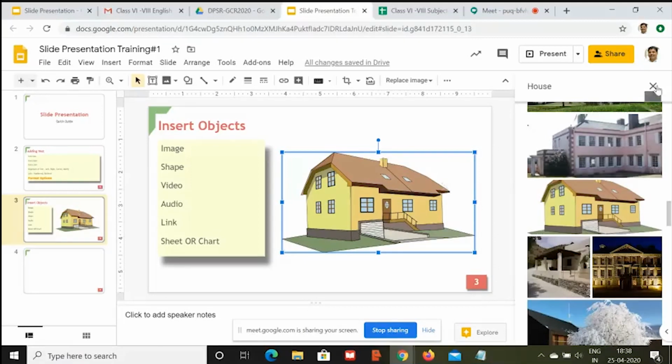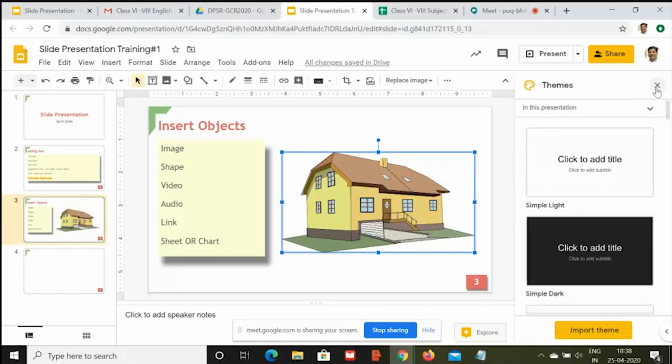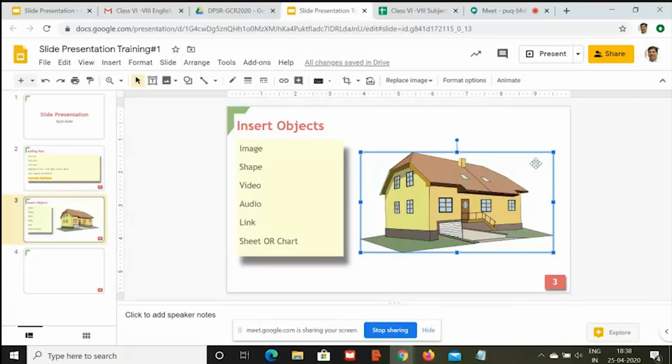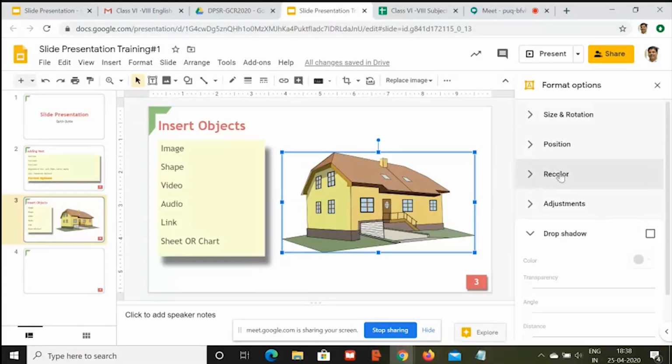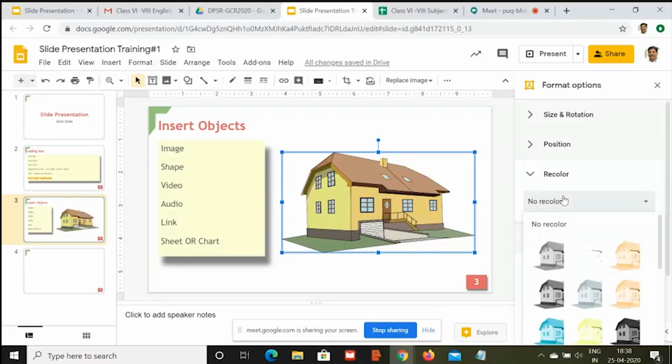Let me close this side panel and then see what else I can do with this image. So I'll close all these options and then click on this image and click on format options. When I click on format options, I'll be having several things over here. I can recolor my image, and for different kinds of images, we'll be having different kinds of color settings available.